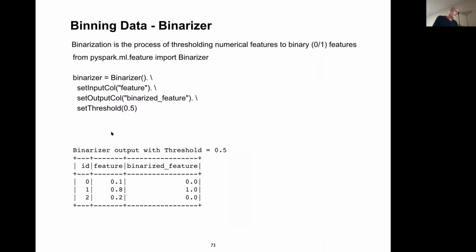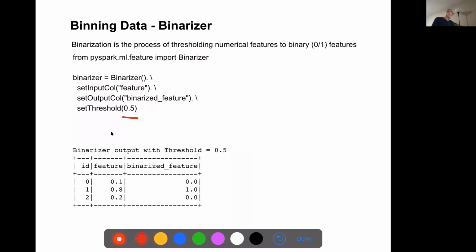Another way of binning data is, if you have binary data, to specify at what point data should go in the first bucket and at which point it should go in the second bucket. So here I've just picked 0.05 to be the splitting point. And then you can see that 0.1 goes in the first bucket, 0.8 goes in the second bucket.